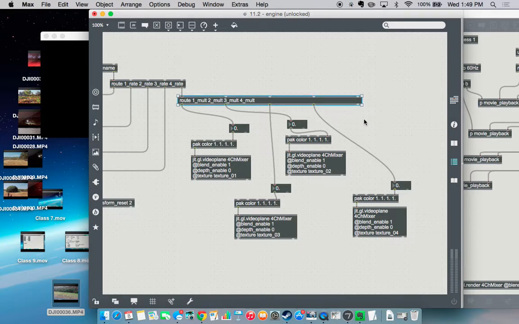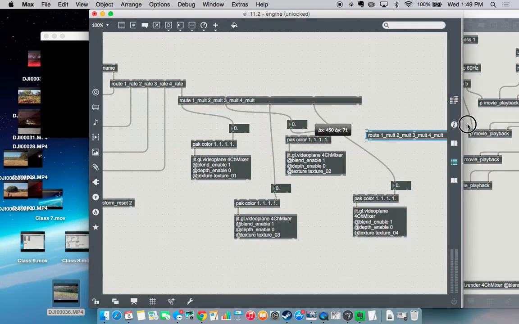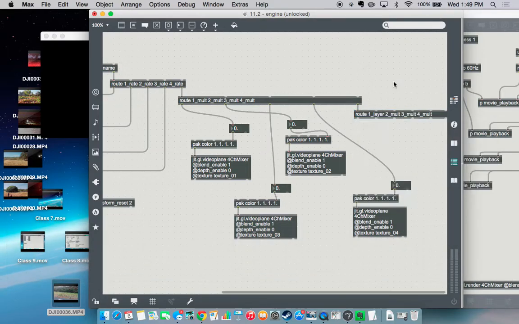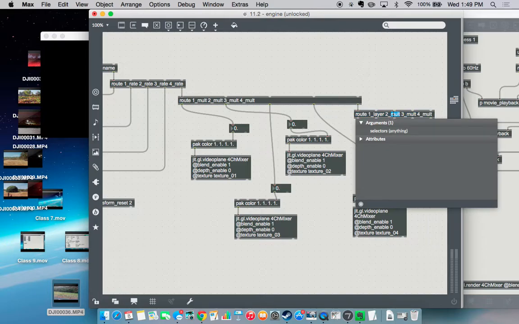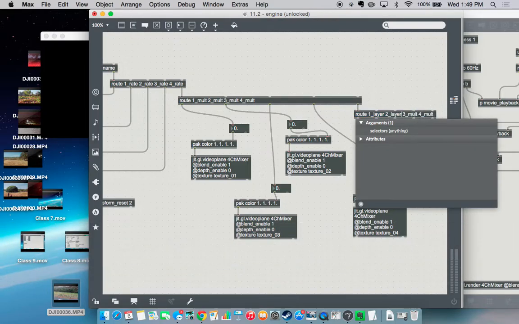Exactly, right over here. So let's make a new route object. You can just duplicate the molt route object, drag it over here, pass it on from the last outlet of that route to the inlet of this route, and then change these molts to the word layer. So 1 underscore layer, 2 underscore layer. Hopefully that was what you did